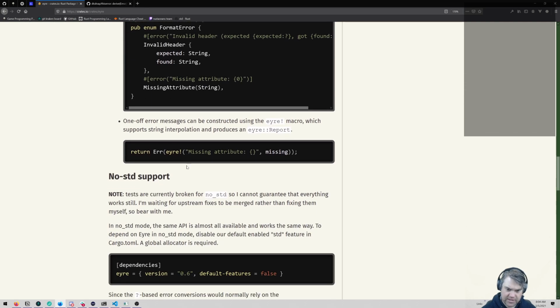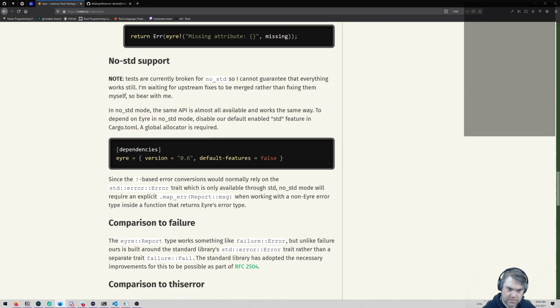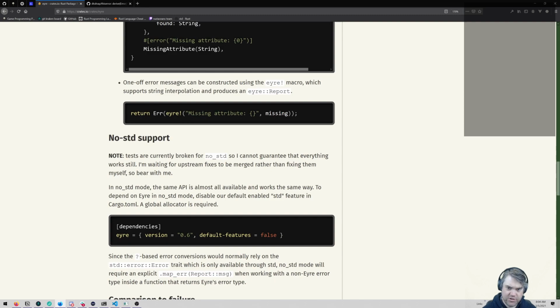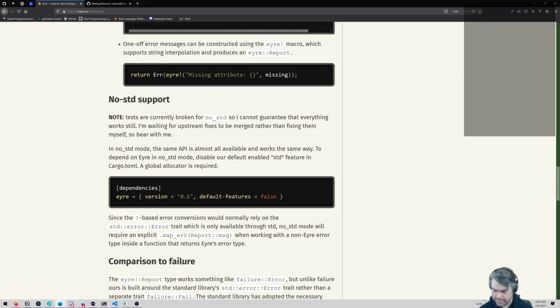I guess it's going to be pretty simple. I don't think I want to use one-off errors like that, although apparently I could easily. That could be interesting too.